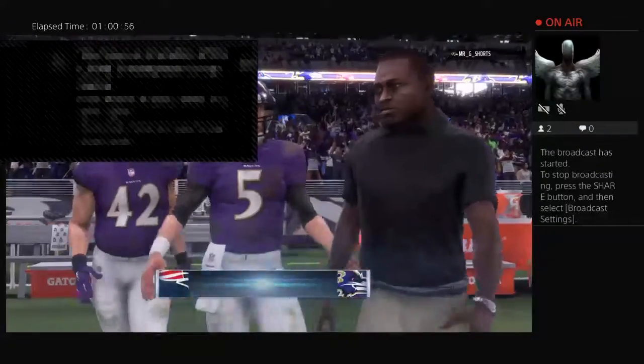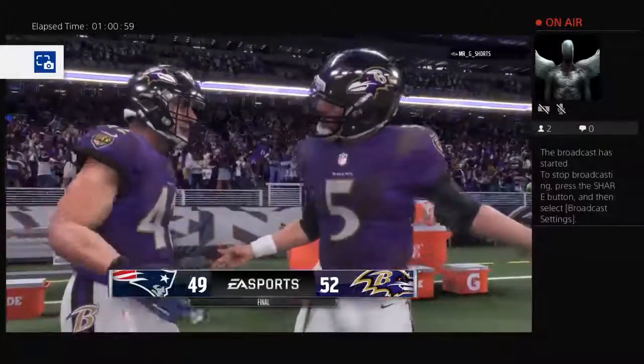Well, we were on hand here, coming down really to that last play. Great job defensively to get the